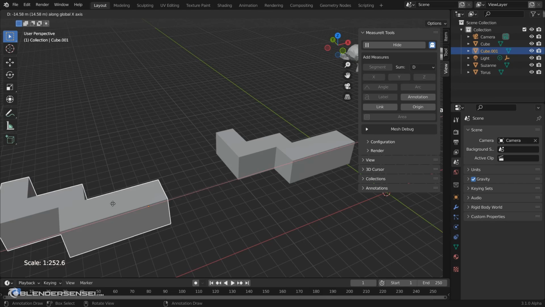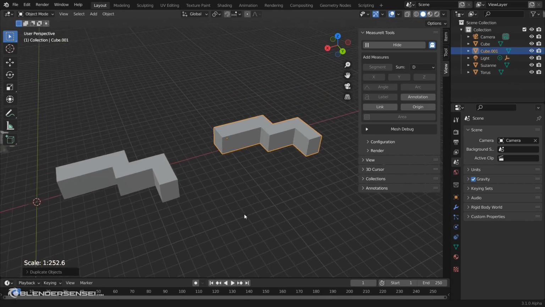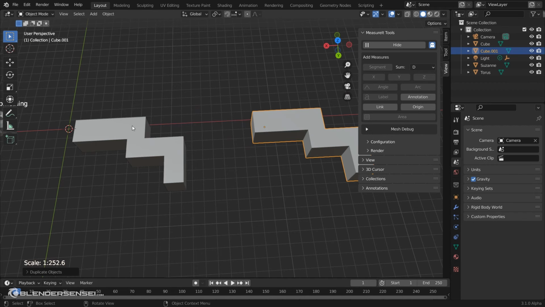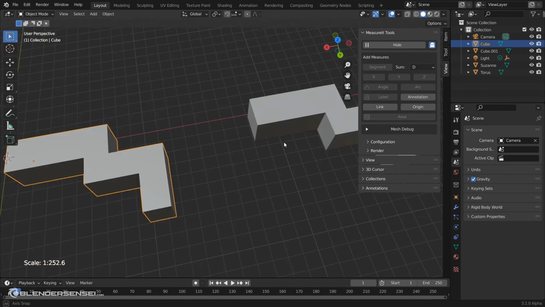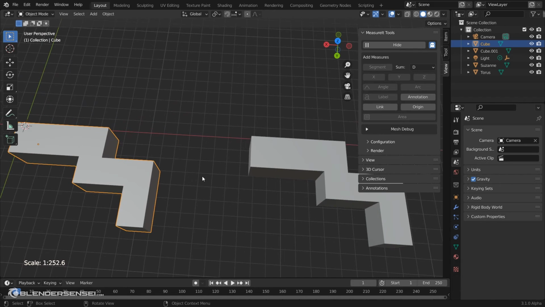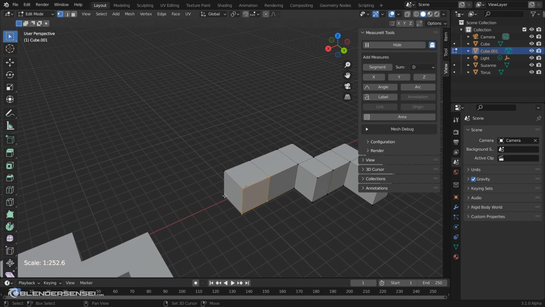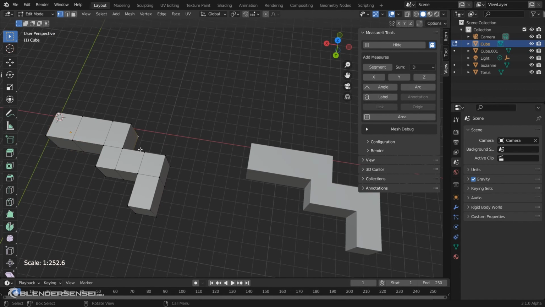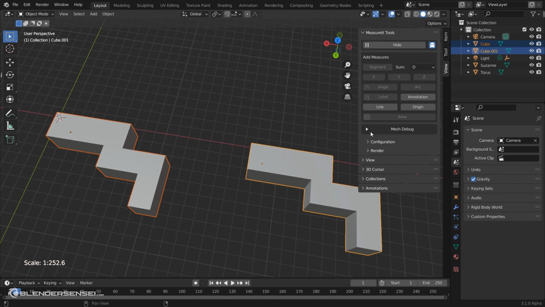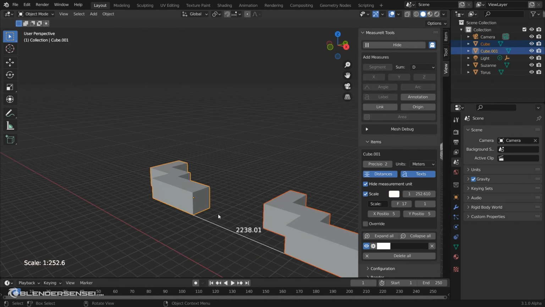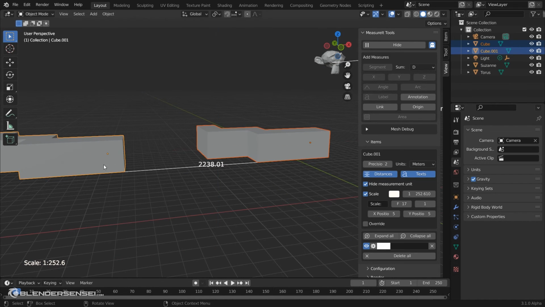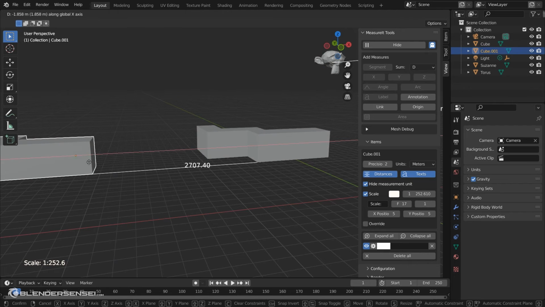Say I duplicated this, and I wanted to know, not what's the distance between this origin point and this origin point, but I wanted to always know what's the distance between these two buildings in terms of this wall and this wall. You could select a vertex point here, go into edit mode into this other one, select a vertex point there, select these two, press link, and that measurement is made exactly at the vertex points you selected. And you've got this dynamically updating measurement between these two things,